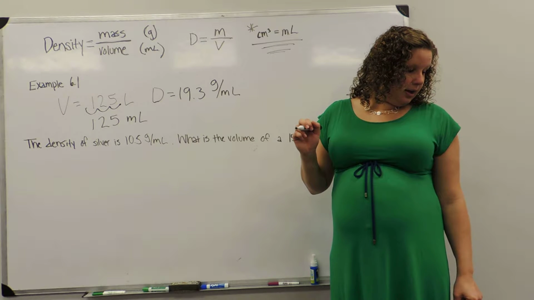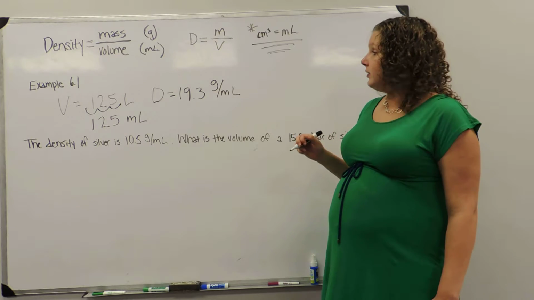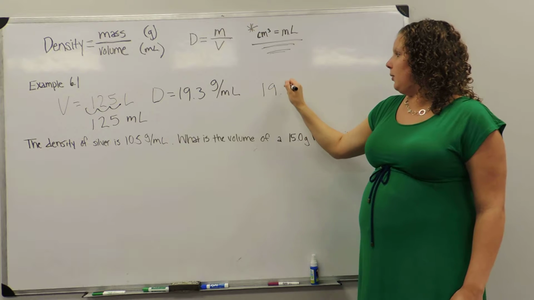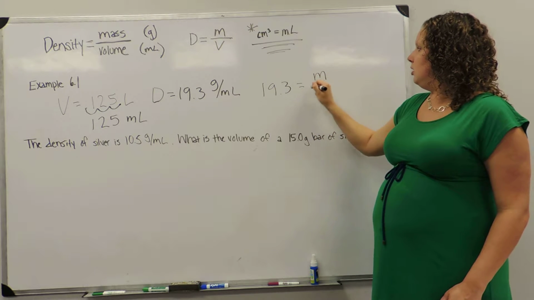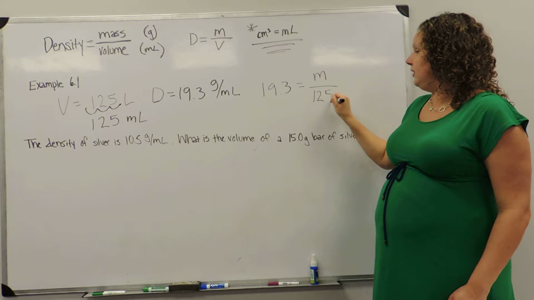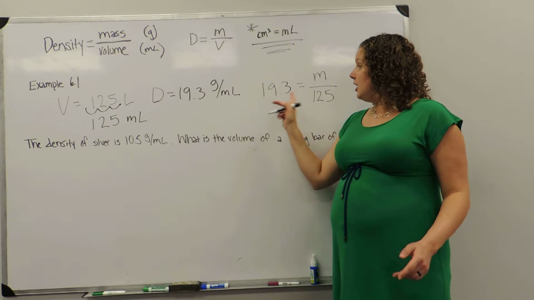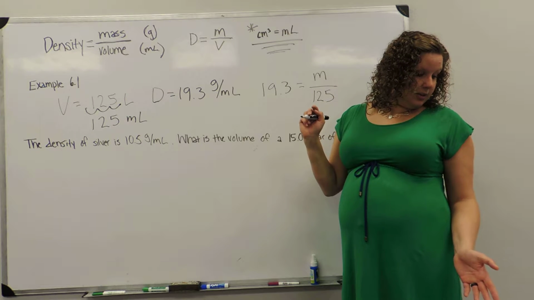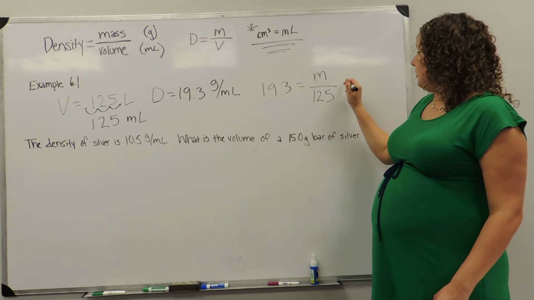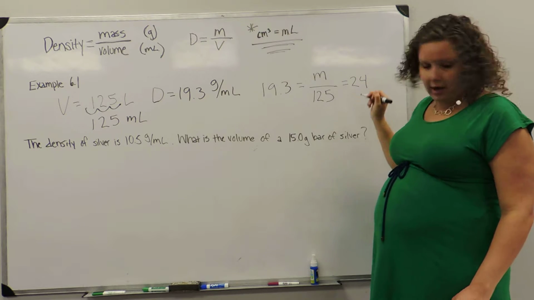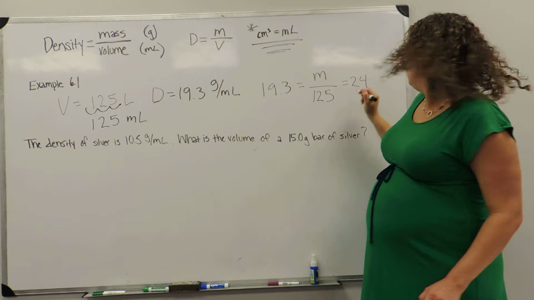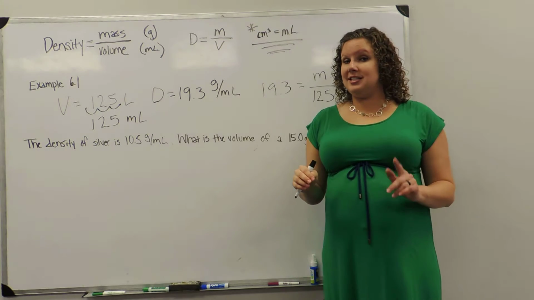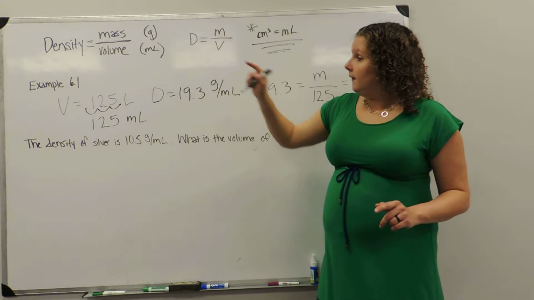And so then what we're going to do is plug it into our density formula, D equals m over V. So my D is 19.3 equals m over V, which is 125, and hopefully you see with your algebra skills, 125 times 19.3 is going to give me my mass, which is exactly what they do in the book, and they report the mass as 2,412.5 grams, but at this point you always want to take into account sig figs, so look back at my